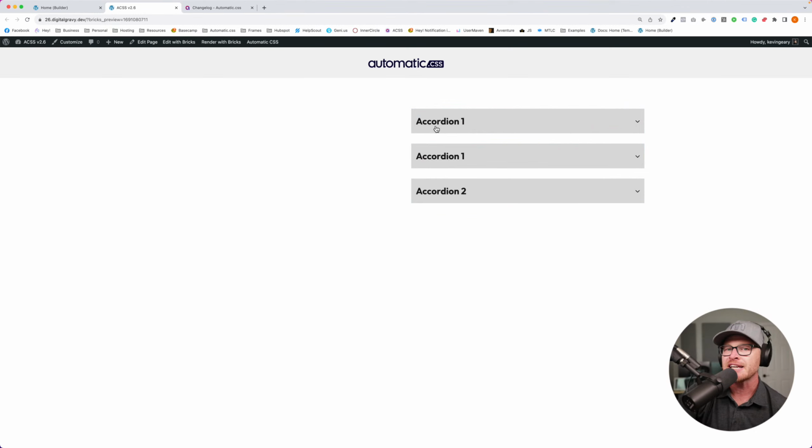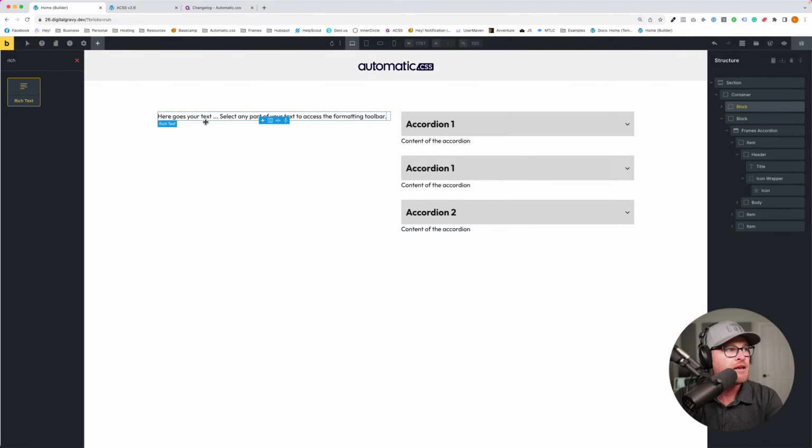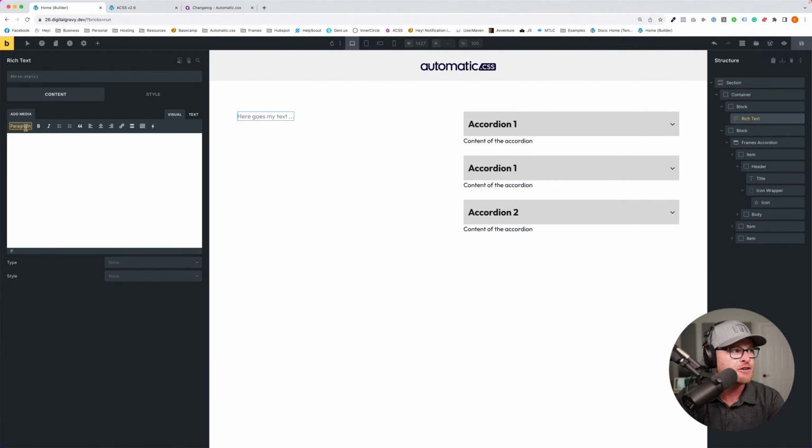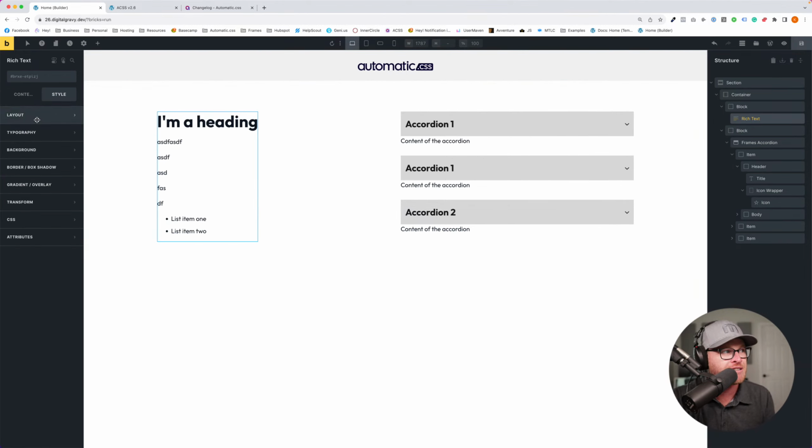The reason smart spacing exists is because in a rich text element, like I'm going to put a rich text element right here, and then I'm going to put a bunch of things in here, right? So if I put a heading as an example, there's a heading 1, I'm a heading, and then there's a bunch of paragraphs. And then maybe you come in and you're like, I want to throw a list in here. So list item 1, list item 2. Okay. There are no controls for how to style these things. The rich text element, like I showed earlier, you go to the style tab. Where's your styling for headings in here? Where's your styling for the paragraphs? Where's your styling for the list? There is none. There are no controls.